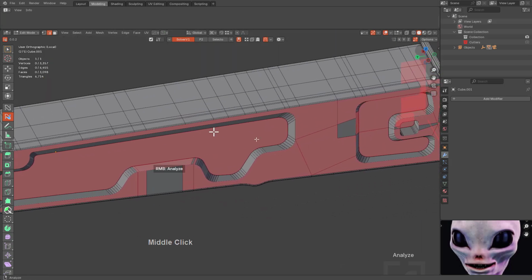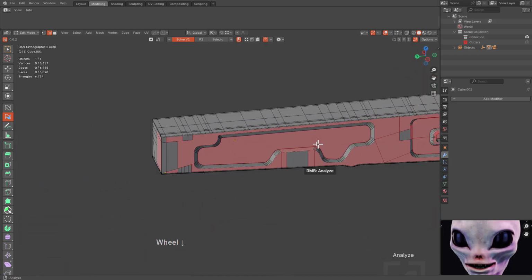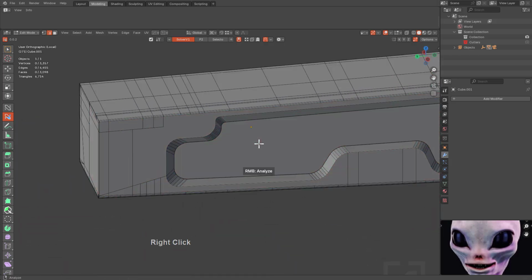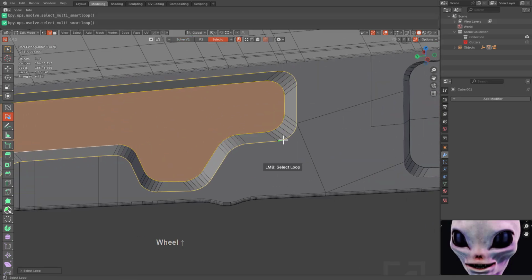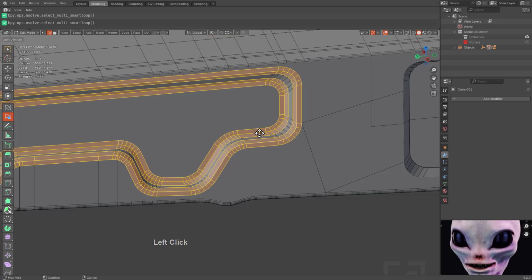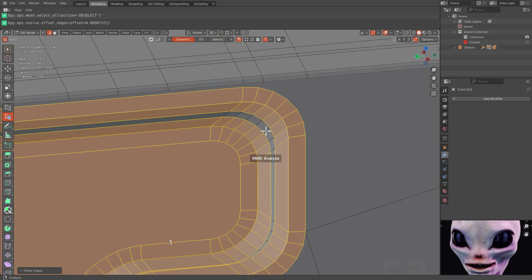Alright, so we are picking back up on part 2. I'll take a brief moment to do a little testing, and now we'll get back to work. Bada bing, bada boom. So let's jump over to Selecto, and we'll go ahead and select this loop, and maybe this loop as well. And let's go ahead and give that an offset. We'll put a loop in the middle.